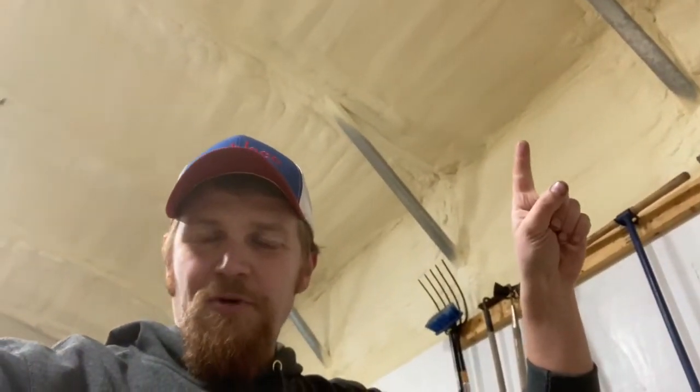Today I'm going to be tackling a project on this steel roll-up door behind me. I'm inside of my American steel carport that I turned into a shop. I got 2-inch closed cell spray foam insulation on the ceiling and the walls, but the one thing that's not insulated is this door. This is the steel roll-up door. This is, I don't know, just sheet metal. There's no anything on here, so that's probably the only spot where